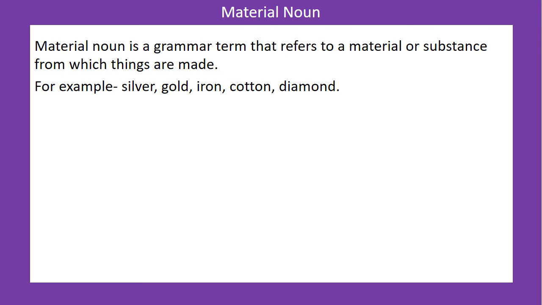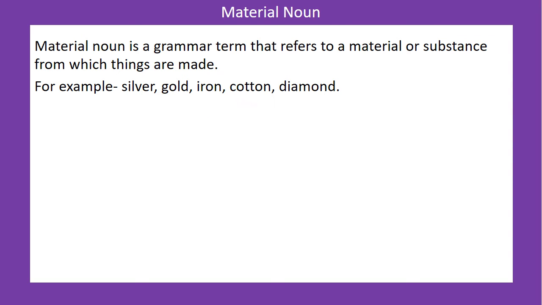Next slide says that we are going to learn about material noun. Material noun is a grammar term that refers to a material or substance from which things are made. So material noun is a grammar term which refers to a material or substance from which things are made up of. Let's move on to examples of material noun, which are, for example, silver, gold, iron, cotton,